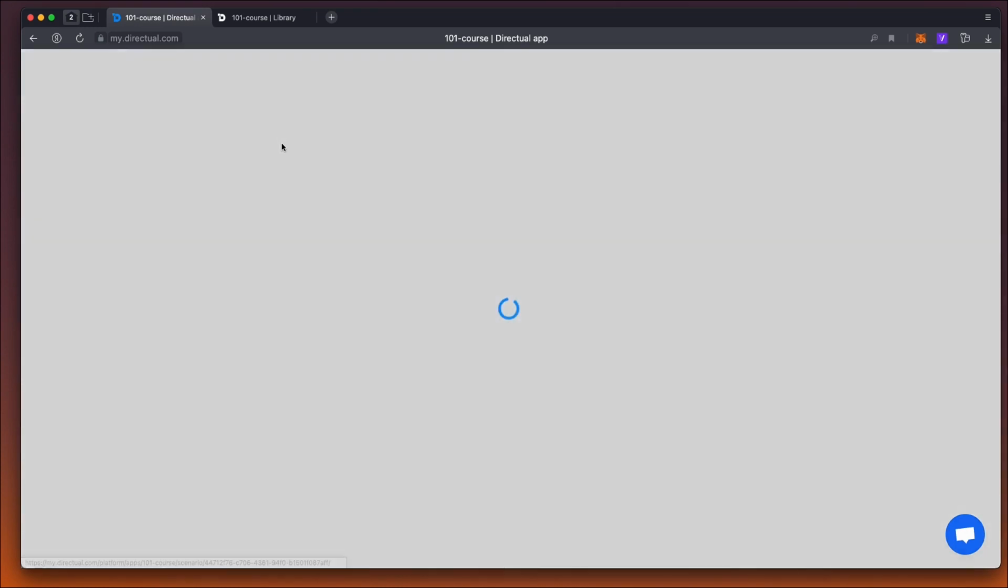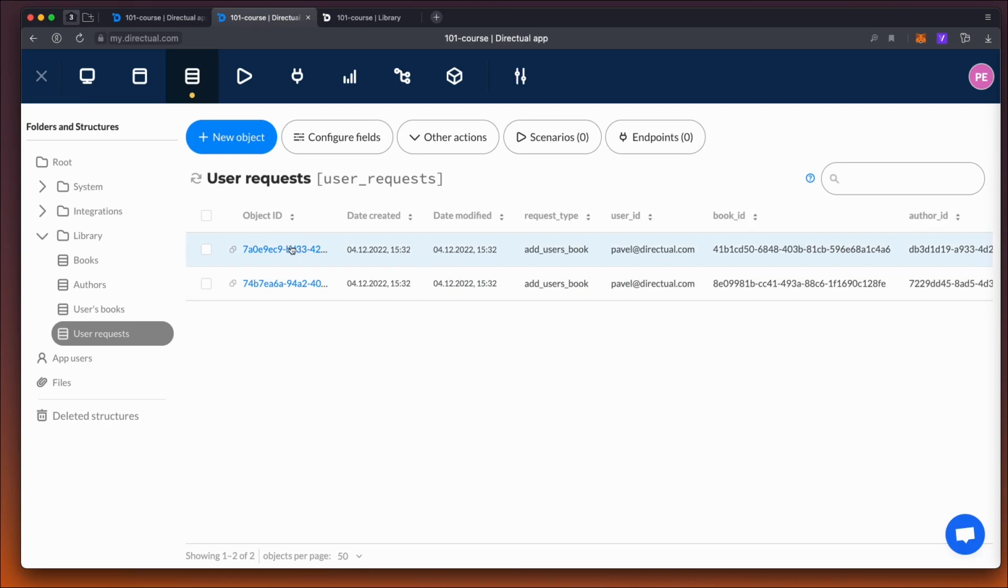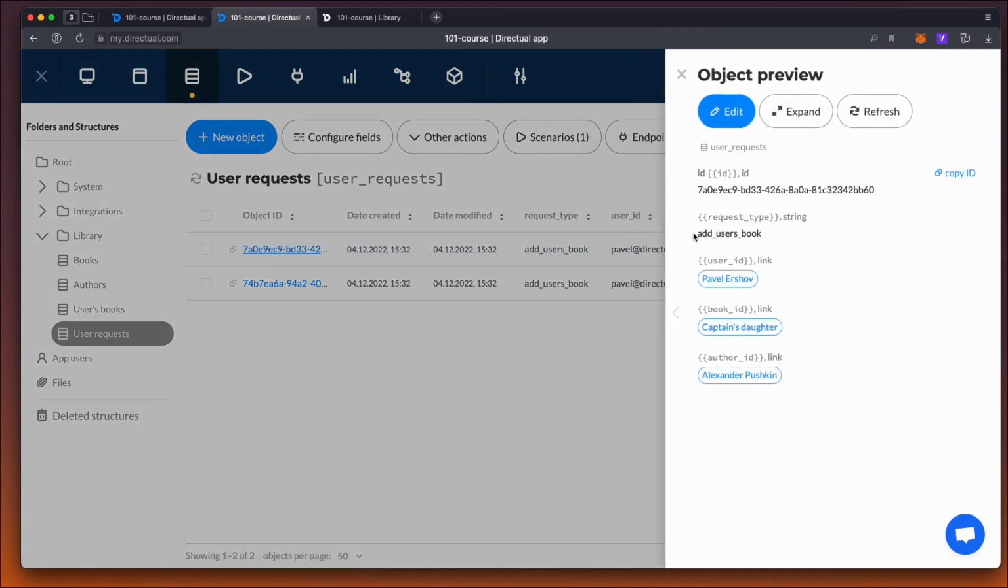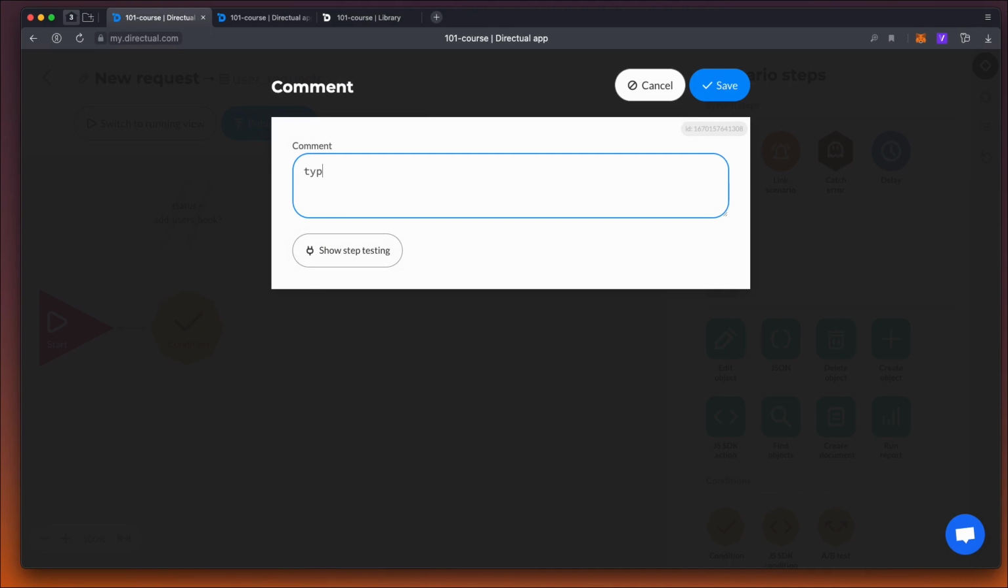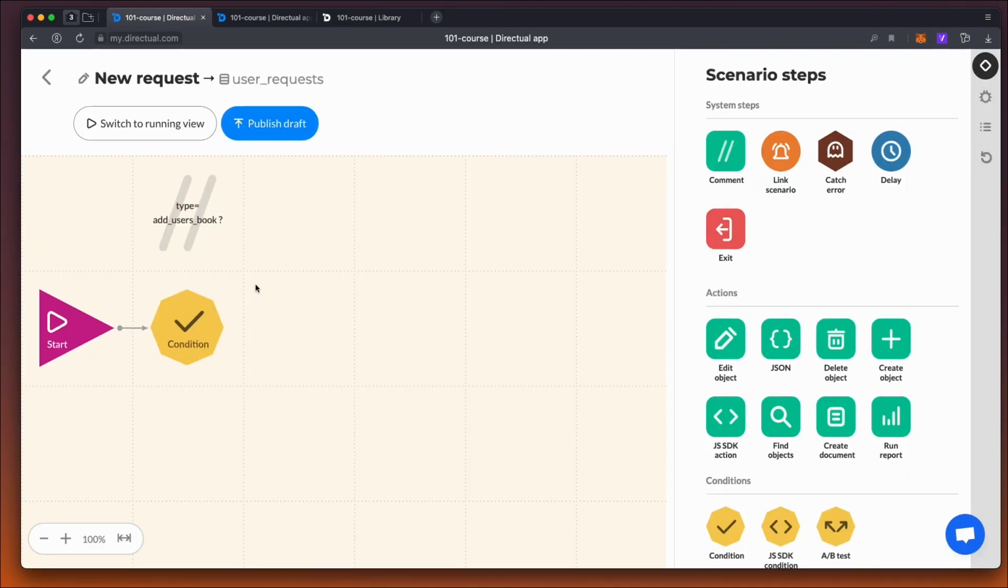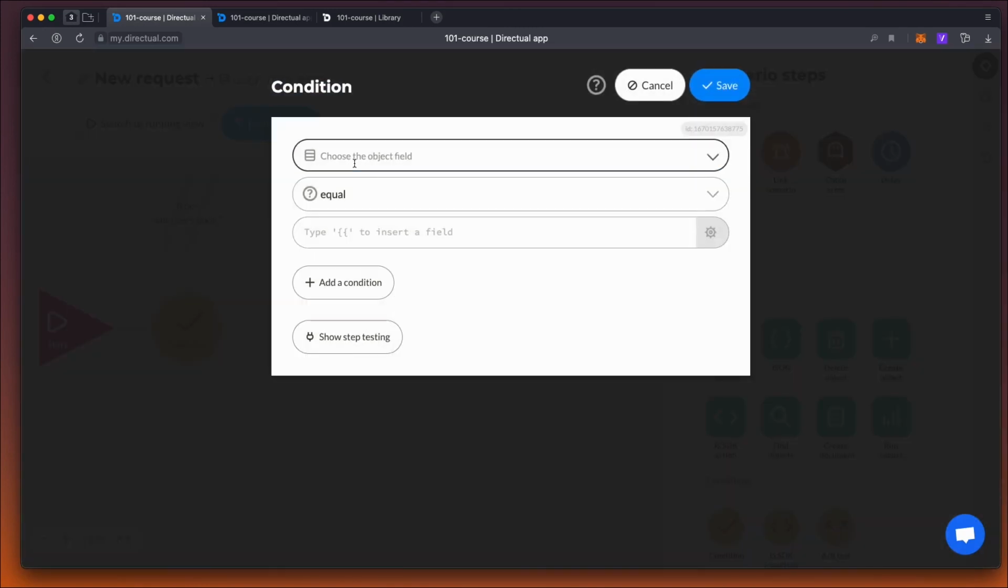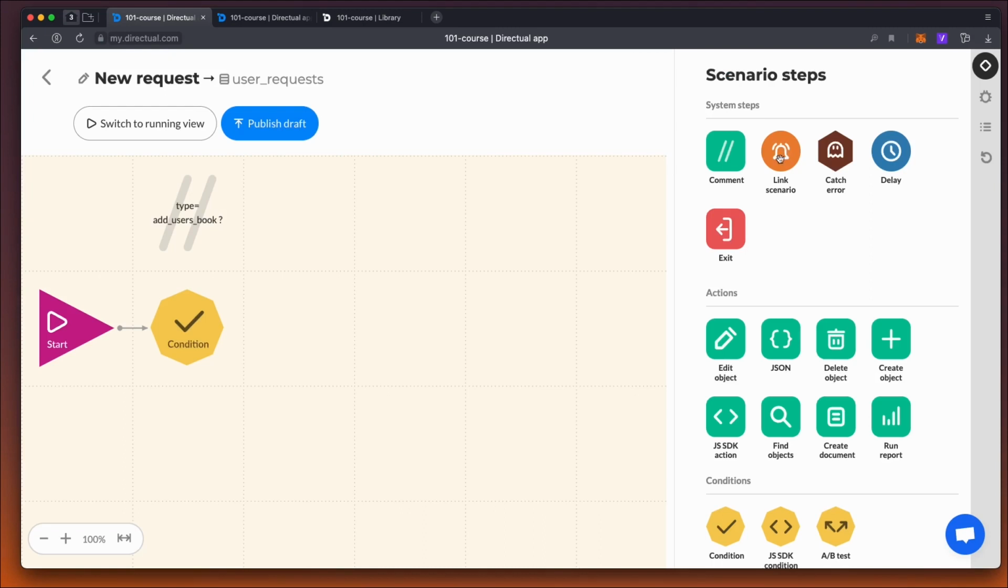The first thing you need to do is set a condition. For this, you need to use the condition step. Remember to add comments to the scenario to make it easy to follow in future. Set the condition to request type equals addUsersBook. If no, the scenario stops, and if yes, it will search for objects, meaning it will check whether that book